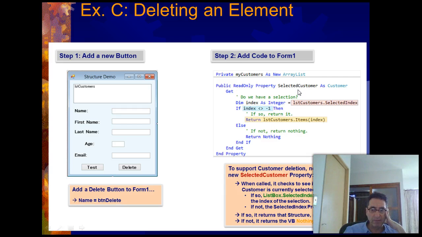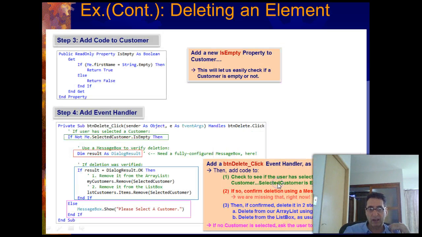So this is a property, and when it's called, it checks to see if anything is selected here. If something is selected, we get the index of the selection, and not only that though, we also get the actual customer back. If so, it returns the structure. In other words, it returns the customer using the index. If not, it returns the Visual Basic nothing keyword. Okay, so next